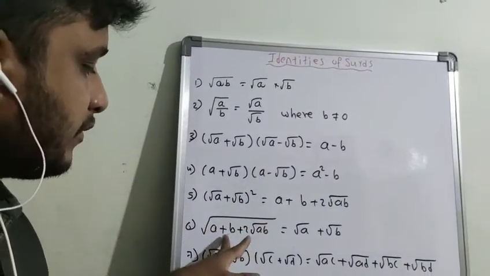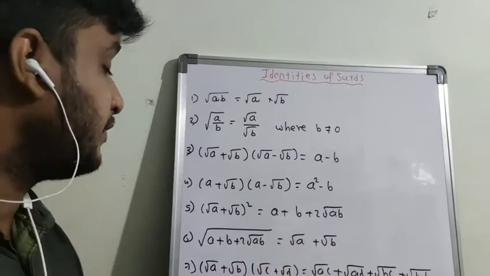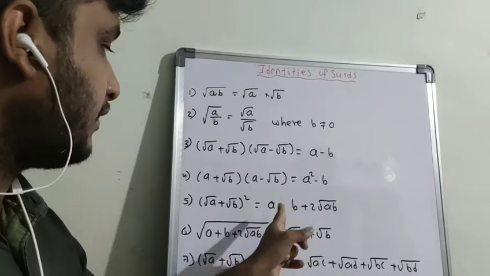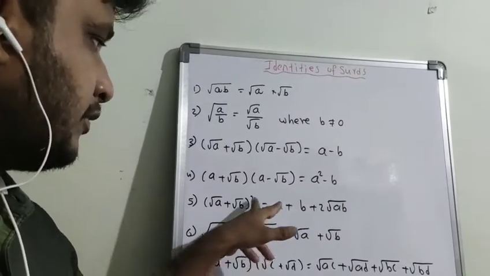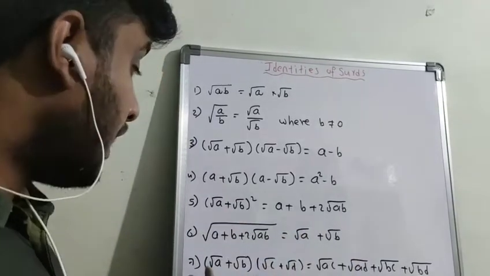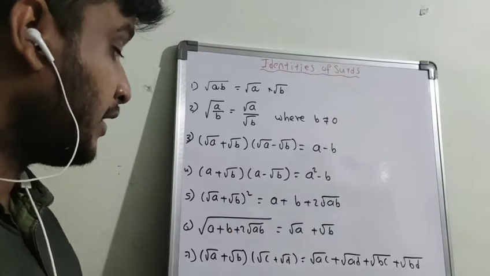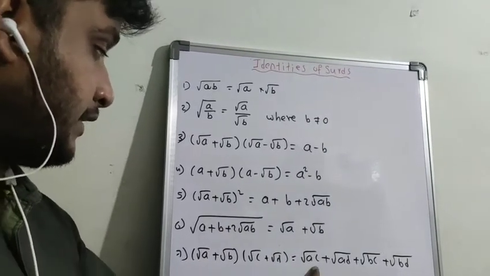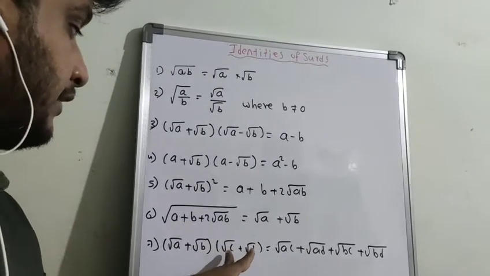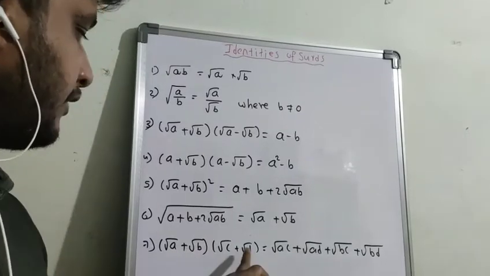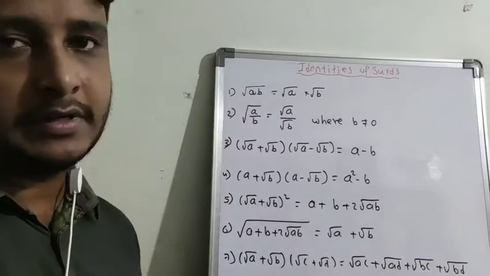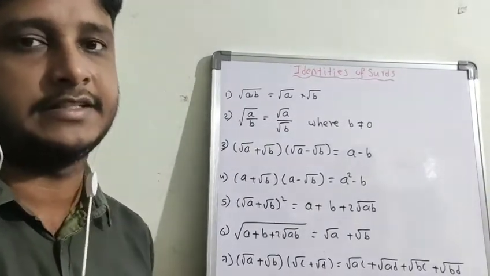Next, coming to the square root of A plus B plus 2 root AB, we can write it as root A plus root B. Simply, if you observe, A plus B plus 2 root AB is root A plus root B whole square. The square and root get cancelled, and we get root A plus root B. And root A plus root B into root C plus root D: how to do the multiplication? Simple, root A into root C, root AC, root A into root D, root AD, plus root B into root C, root BC, root B into root D, root BD. These are the formulas we have to use to solve the questions given in the exercise.